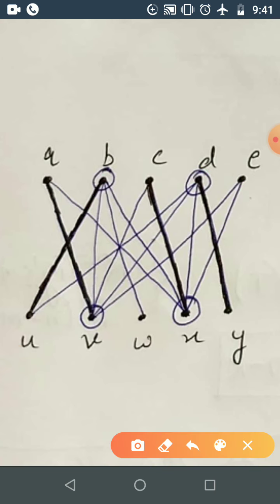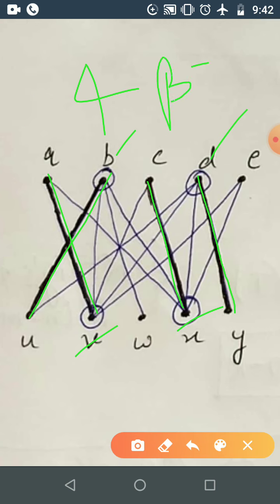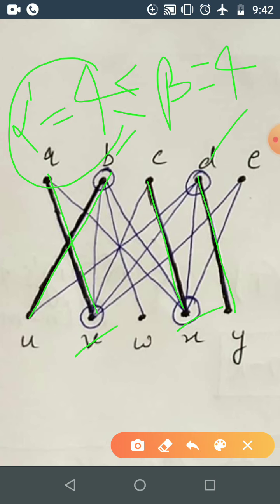And here corresponding to every vertex of the minimum vertex cover, you will be taking one edge incident with every one. So DY I have taken, CX we have taken, UB and VA or AV. So what is the cardinality? Cardinality is 4, that is the alpha dash. So the cardinality of this matching is 4 and we are getting beta is 4, and maximum matching cardinality can be less than or equal to beta, that is we are getting 4. So that shows that alpha dash is equal to 4. It cannot exceed beta, correct?